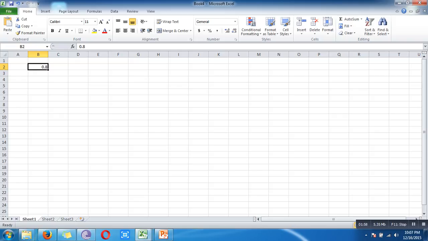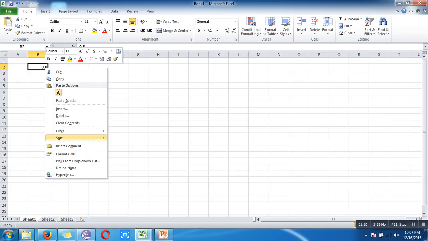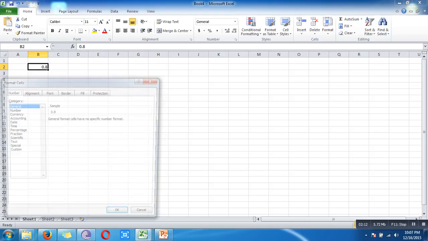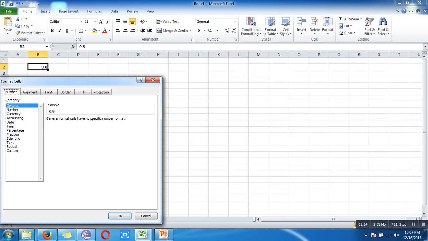Second, select cell B2. 3. Right-click and then click Format Cells or press Ctrl+1. The Format Cells dialog appears. 4.